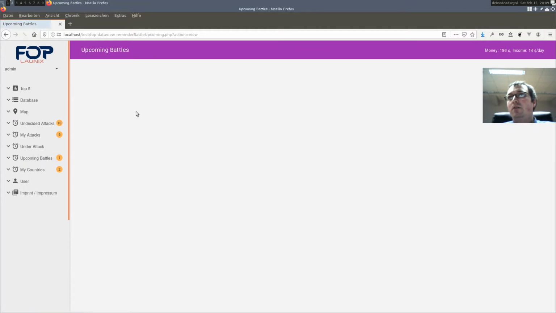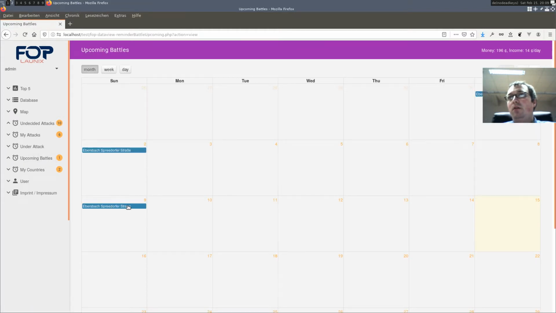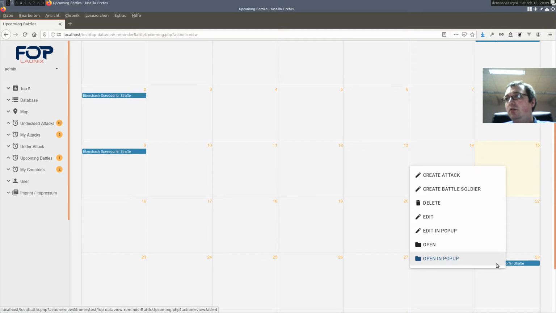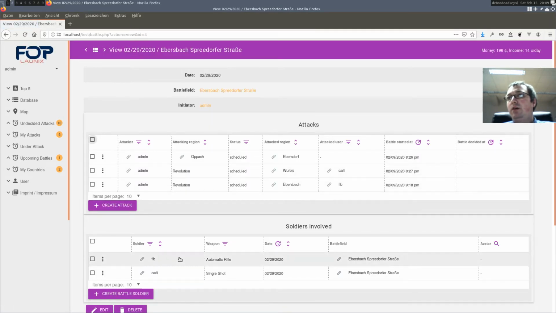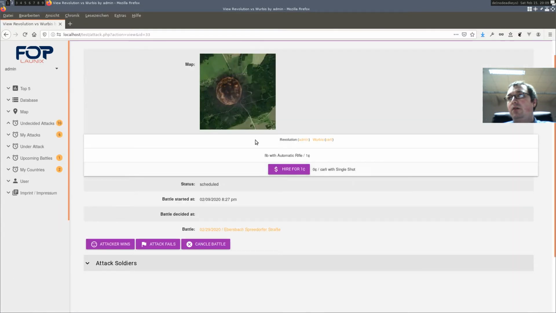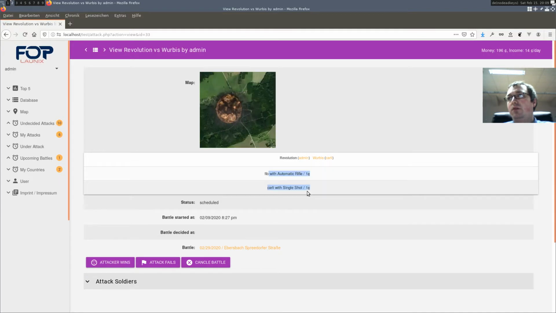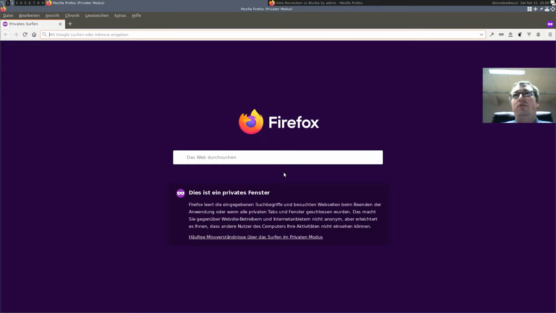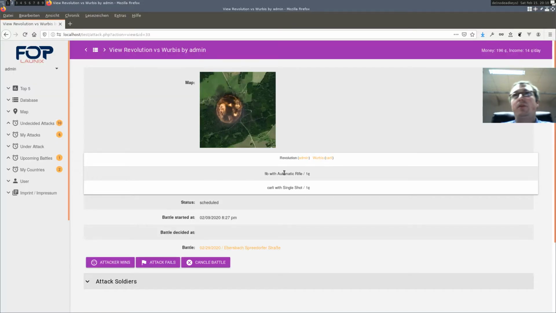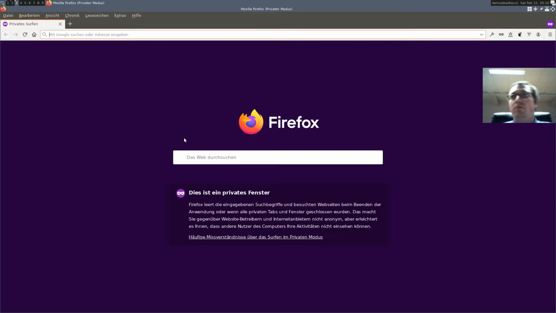And in an upcoming battle, on the 29th, we have 2 soldiers and an attack here, and then we can hire these soldiers for our attack that you can see here. Now I have to open a second browser window to play a second player.